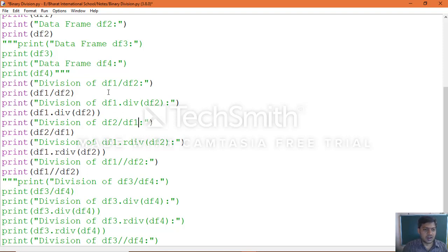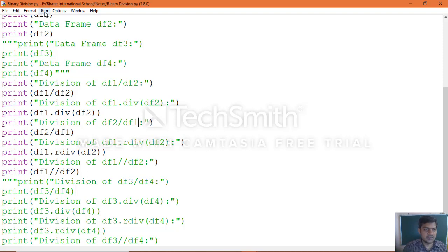Because normal division and div function give you one set of result, and the reverse of the objects, second object divided by first object, and RDiv, reverse division, those two sets of statements will give you one set of result.